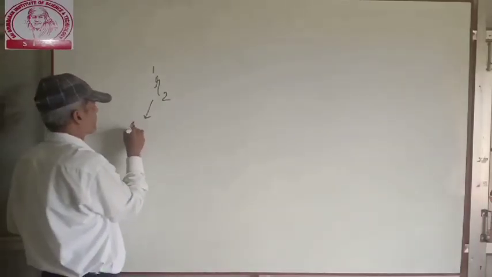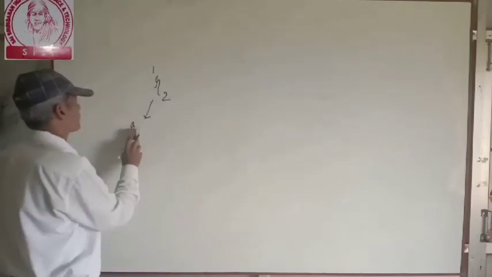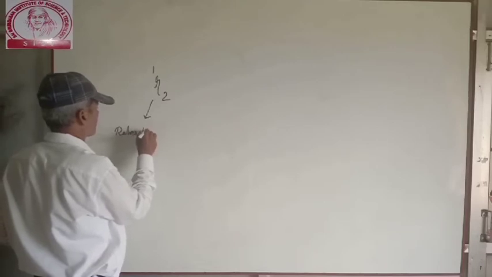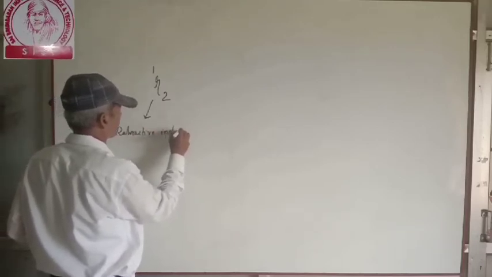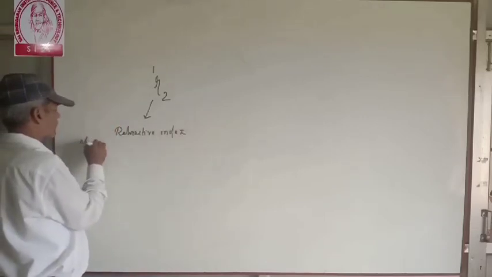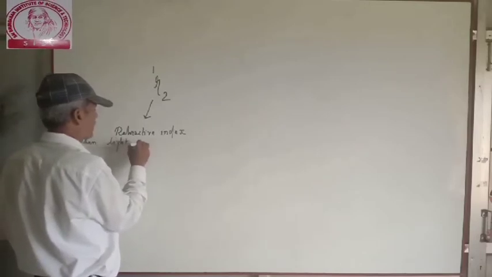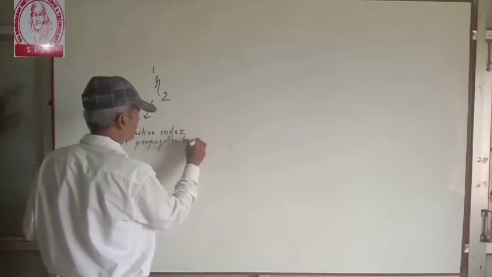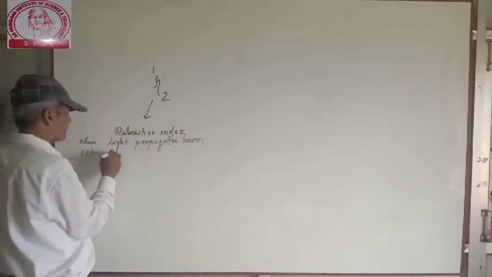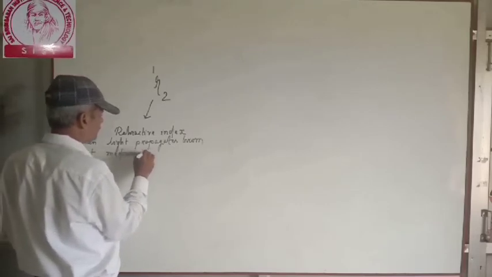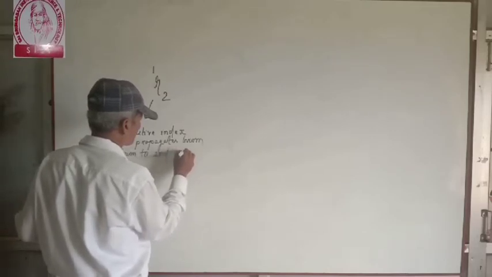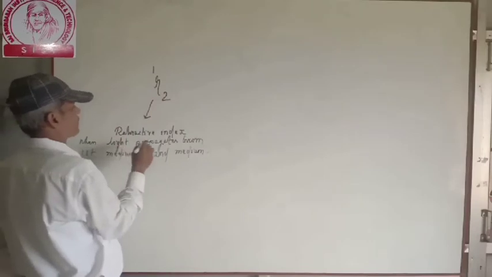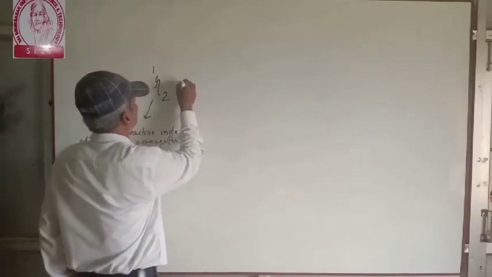Refractive index. When light propagates from first medium to second medium, this is called refractive index when light propagates from first medium to second medium. That is equal to